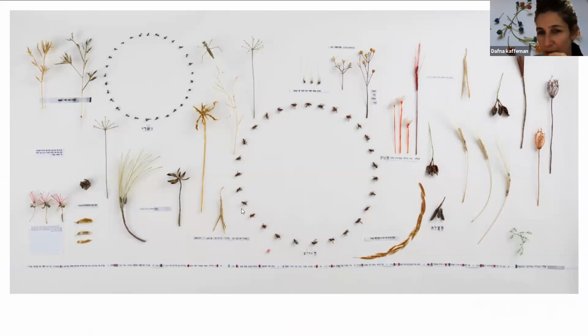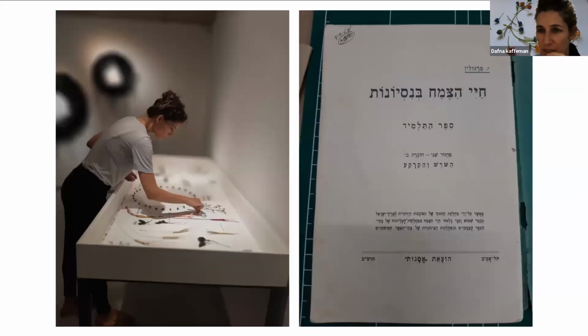And for here, I actually used a copy machine. I took the text from a book, where we will see the book in just a minute. But what I did is I took the text and I just copied it in a Xerox machine, and then I cut it and I reassemble it together. And you can see on the right side, this is the plant. This is the name of the book in Hebrew. It's called the